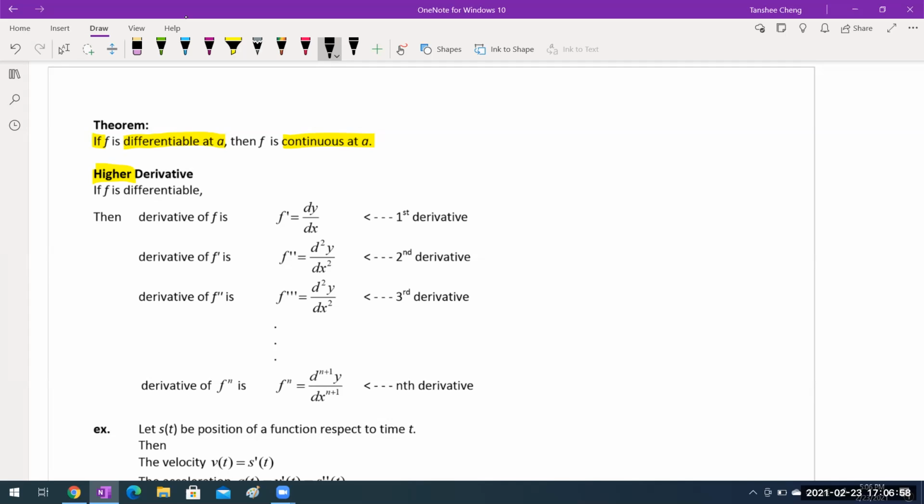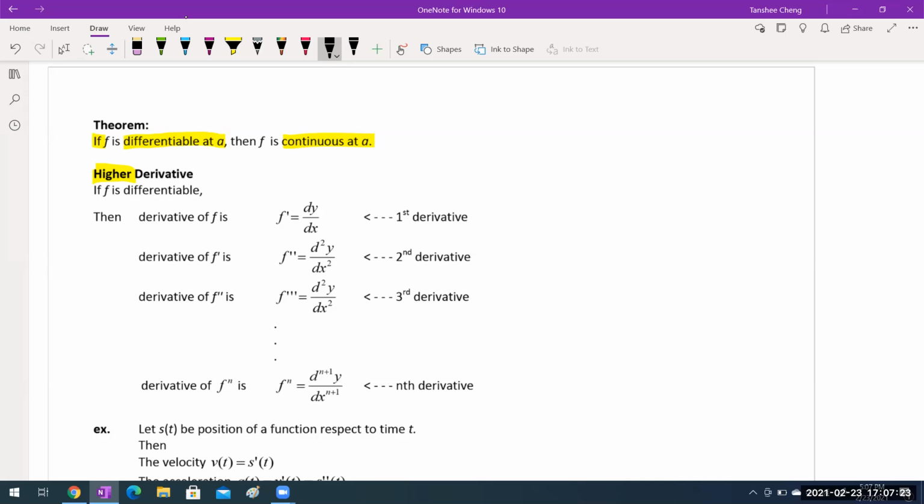When we take the derivative of this f prime, we are talking about the second derivative, which is f double prime. We write it as d squared y over dx squared. And continuing, if you take the derivative of the second derivative function, we get the third derivative,